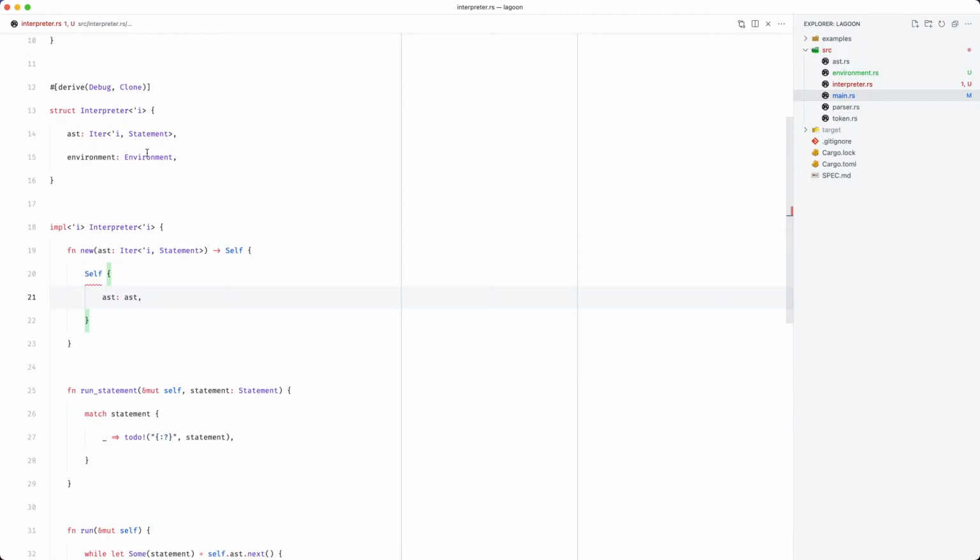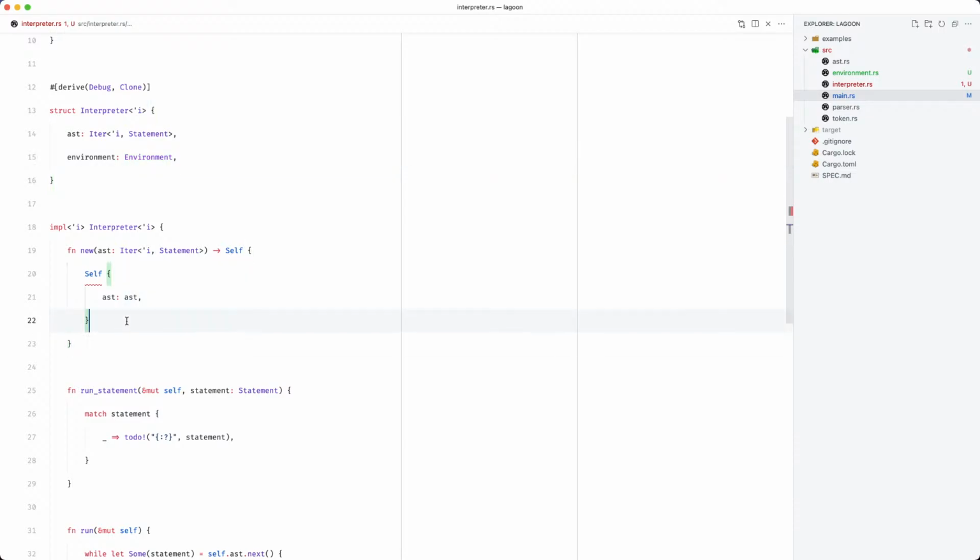We also need to store the environment up here. And now there's a slight problem with doing it this way. So our environment itself can only really be used by the interpreter at any one time.